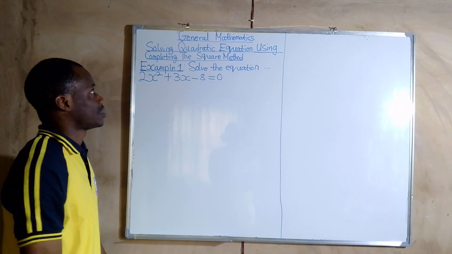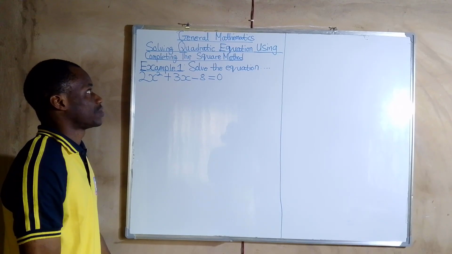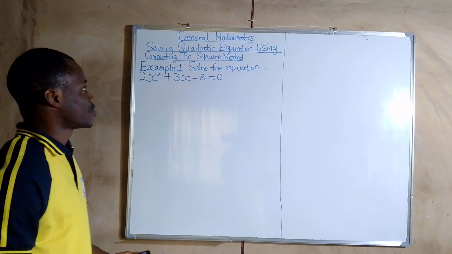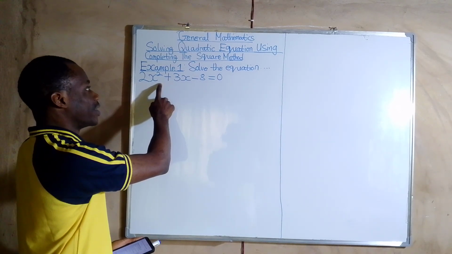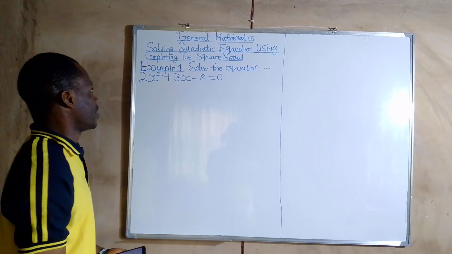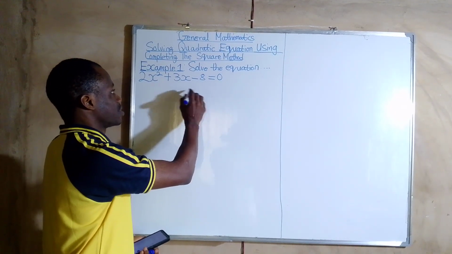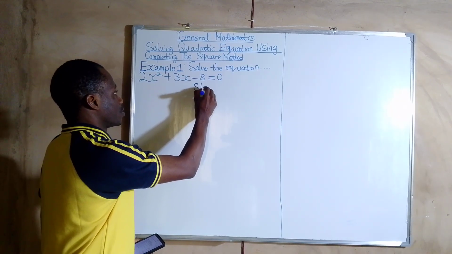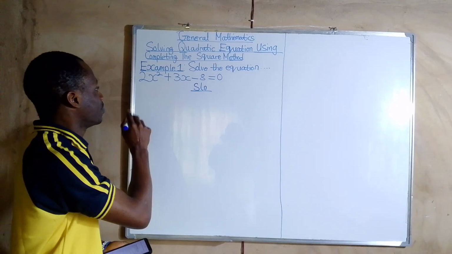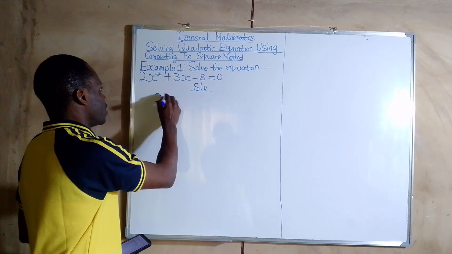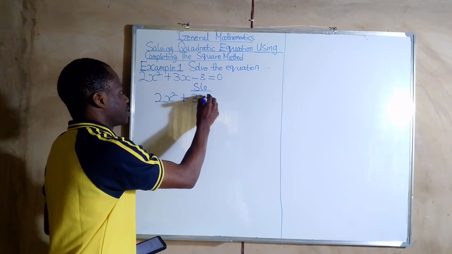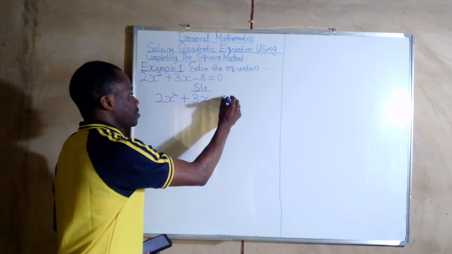So let's do justice to this, which says solving quadratic equation using completing the square method. Now, the question before us says solve the equation 2x squared plus 3x minus 8 is equal to 0. Solution. First thing you do as a good student in mathematics is to write down the question, you repeat the question. So you say 2x squared plus 3x minus 8 is equal to